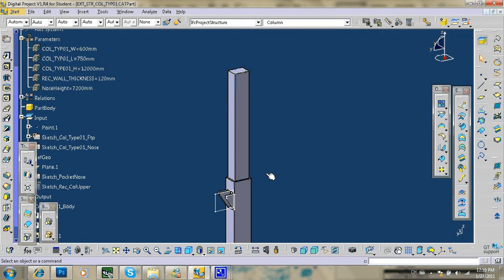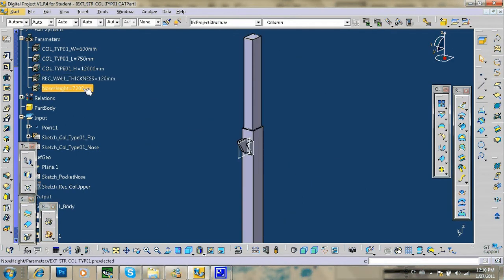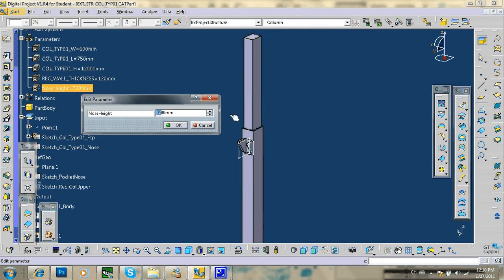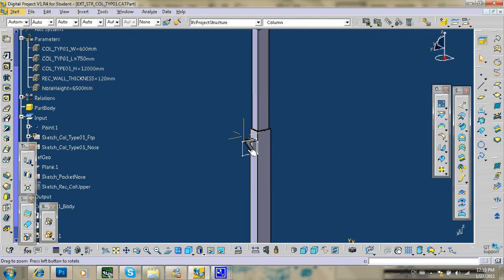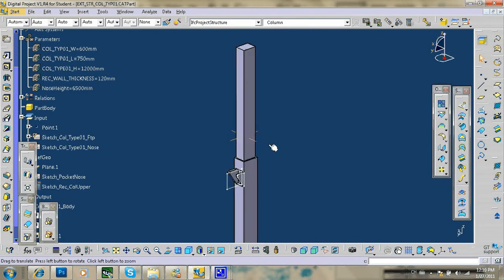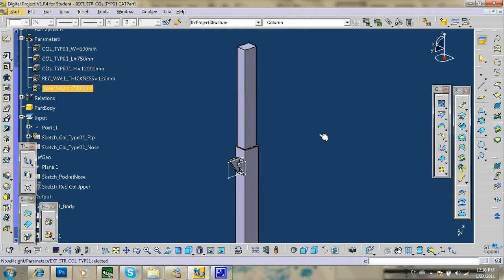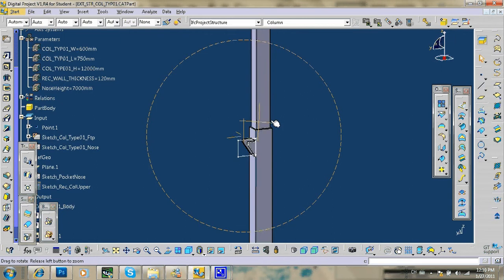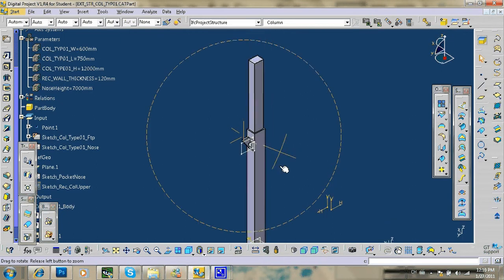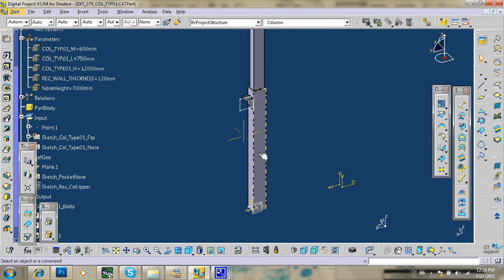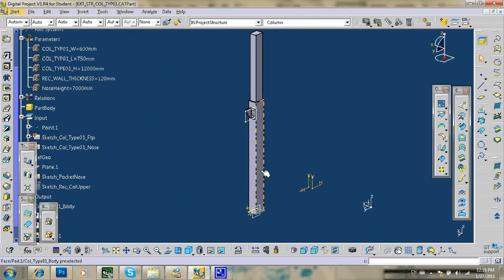So basically, if you change this one to say 6.5 meter, that's all updated. It's all linked, pretty neat. 7 meter. Okay. Right. So that's a column. And lastly, we can make a shell, because well, if it's concrete it is okay, but if you do steel,